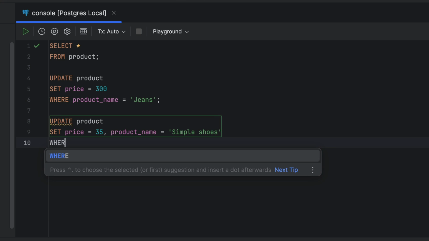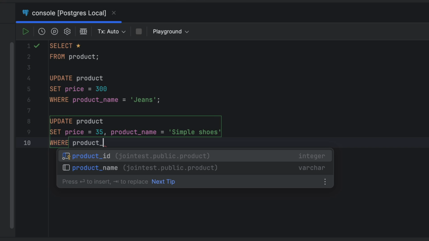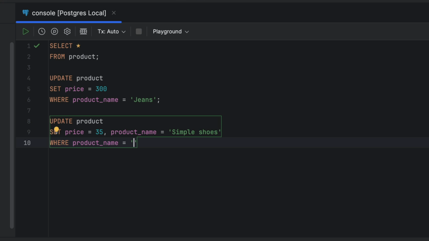Finally, we add a where clause to specify which product we want to update. We can say where the product name is brown dress shoes. It doesn't matter which field we use here as long as it identifies the row. It's also okay that we have specified the product name here and that the product name is being updated. The where clause will check the column before the update to find the right one. We could have used the product ID instead in the where clause.